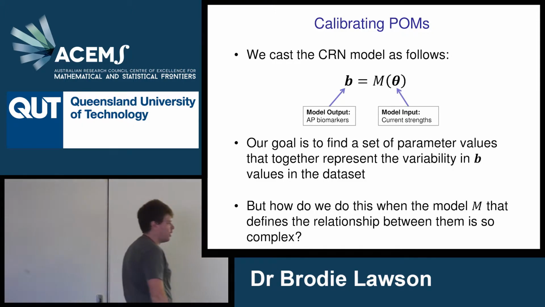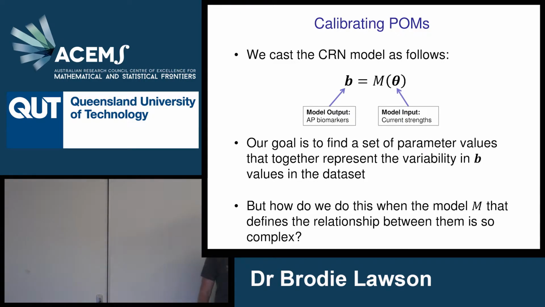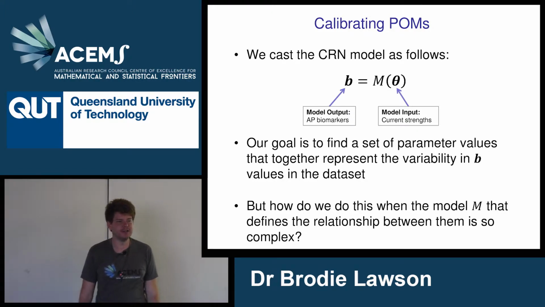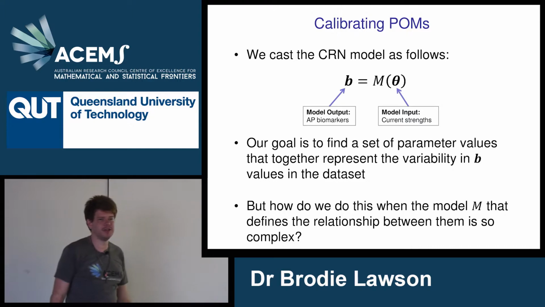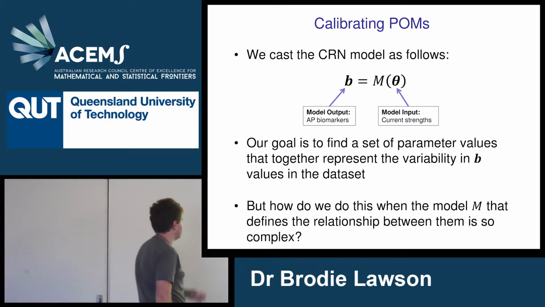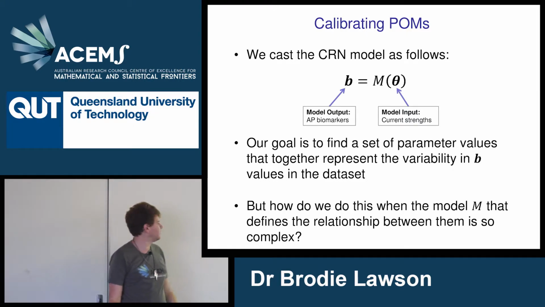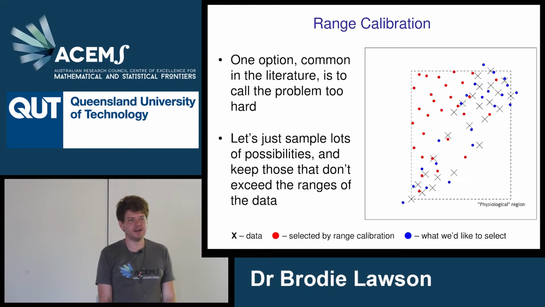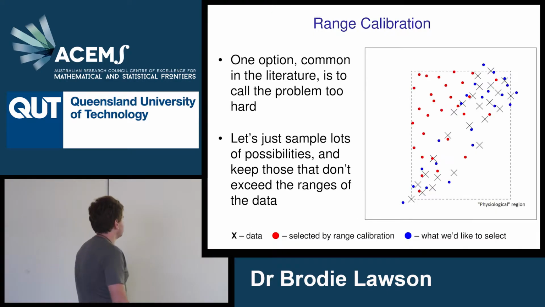And the thing to keep in mind is that here, in our case, it was 11 parameters we're varying, and that model is 21 heavily nonlinear ODEs. So that relationship encoded there by the capital M is quite complicated. So how are we going to deal with this? And the literature kind of says, let's not. The literature says,